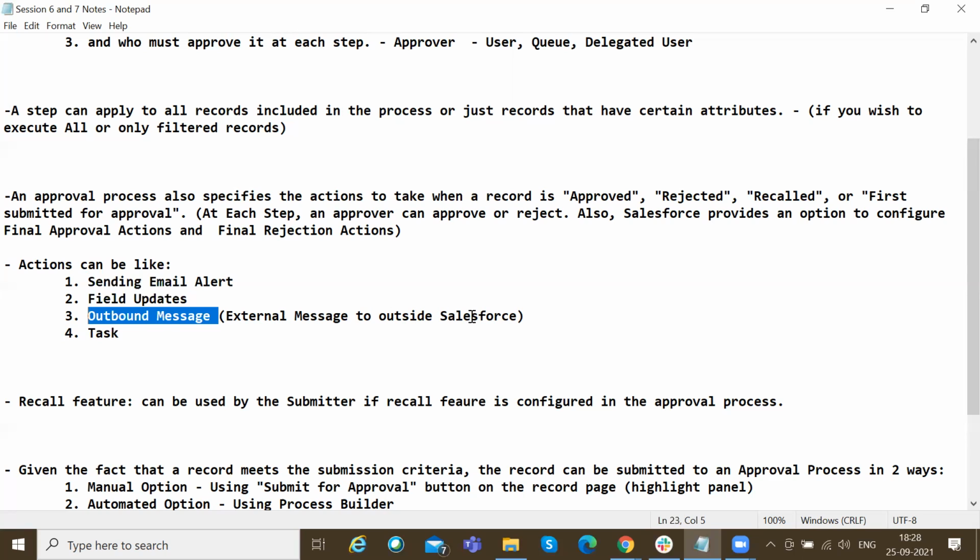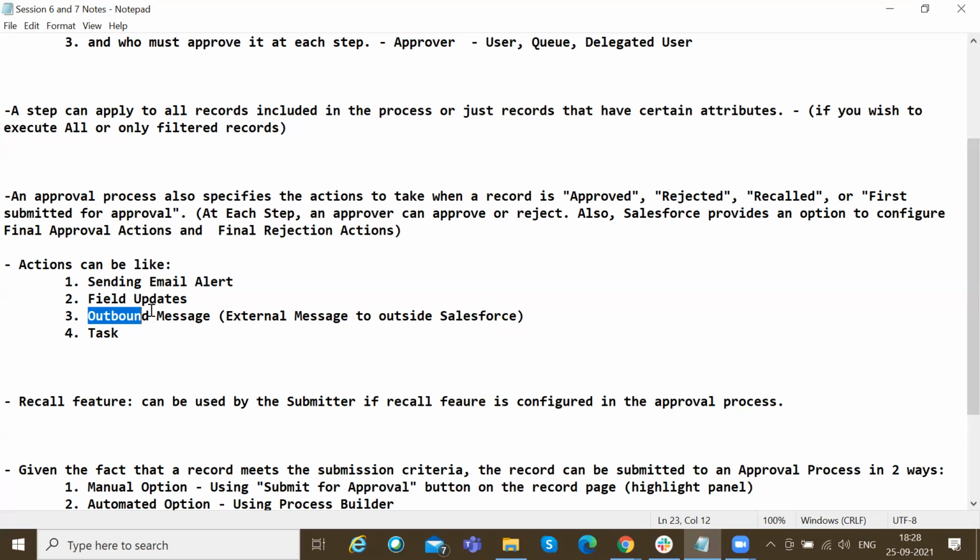Let's say your customer data is in Salesforce, but your discount application is in some other application, let's say SAP, which is again a different application. So from Salesforce, you may want to send the data to SAP. The SAP will validate the data and then send the response back. So if you want to send a message to the external system during the approval process,